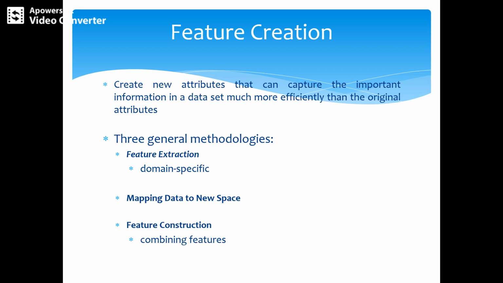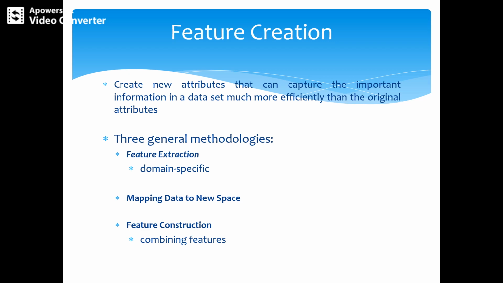Consider a set of photographs where each photograph is to be classified according to whether or not it contains a human face. The raw data is a set of pixels and as such is not suitable for many types of classification algorithms. However, if the data is processed to provide higher level features, such as the presence or absence of certain types of edges and areas that are highly correlated with the presence of human faces, it becomes suitable. This is an example.